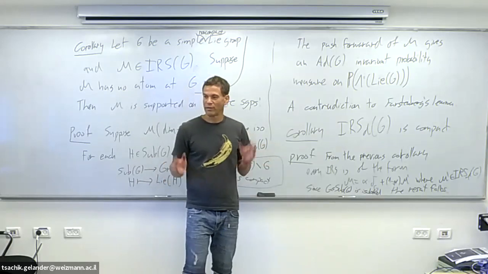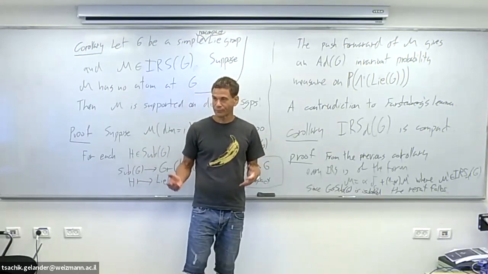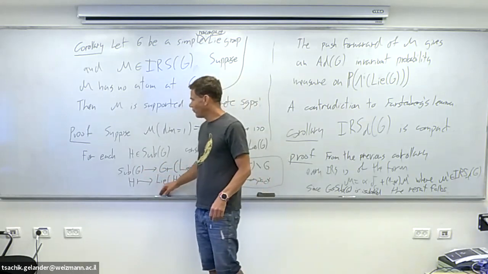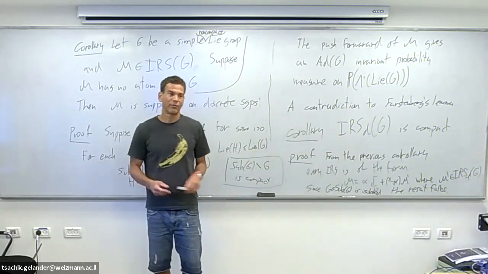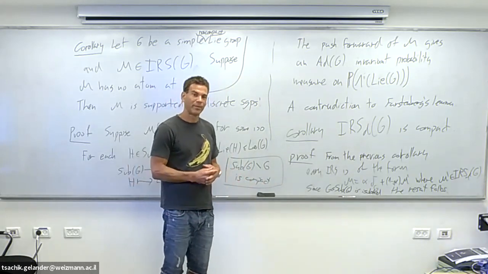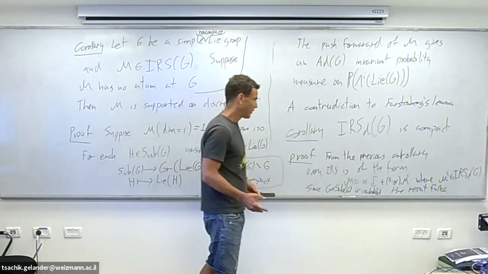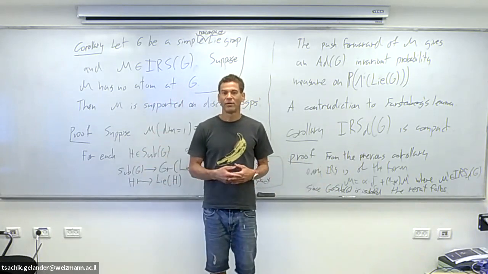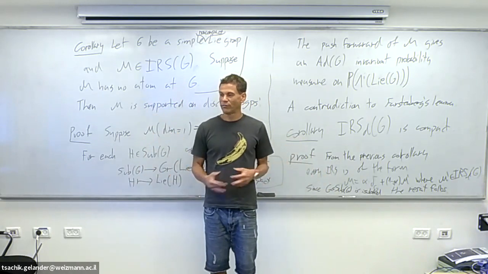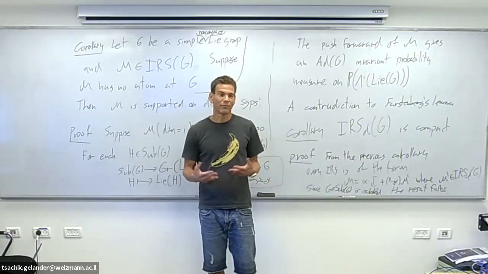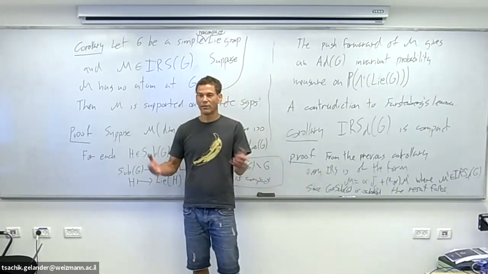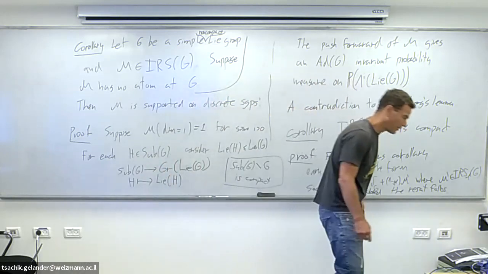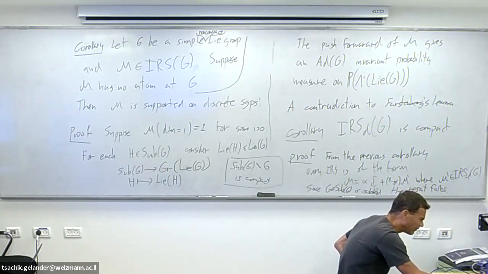Now we are in a position that the discrete IRS are compact. And after the break, let's say we come back at 5 to 12, I will try to explain the proof of the Kazhdan-Margulis theorem, which is, I think, very nice. In particular, we'll see a very elementary proof that there is, in any dimension, a hyperbolic manifold of smallest volume. So it's, I think, a very good fact. You can see it easily by considering this notion of IRS. That's one example for the importance of this consideration. So let's meet again at 5.